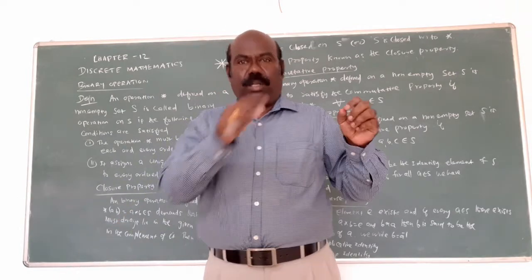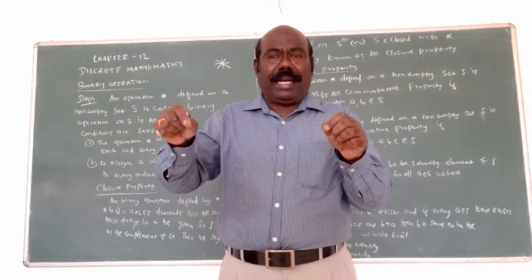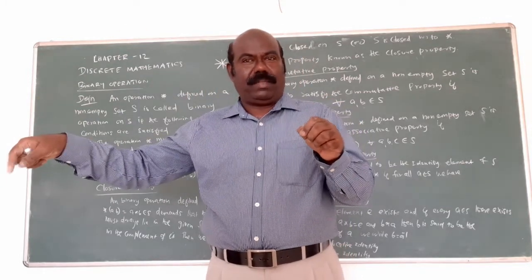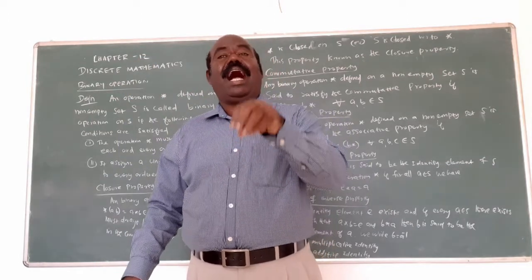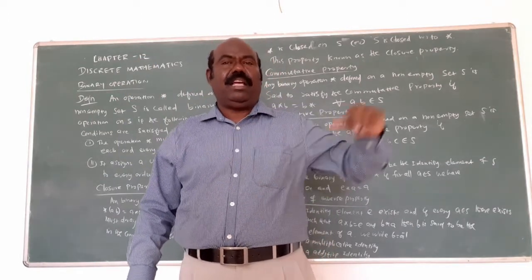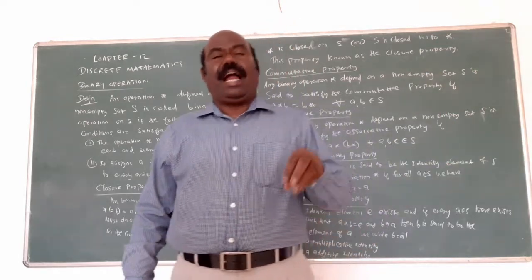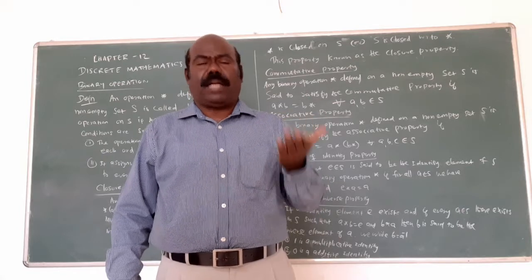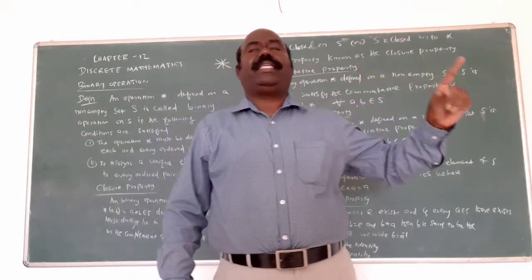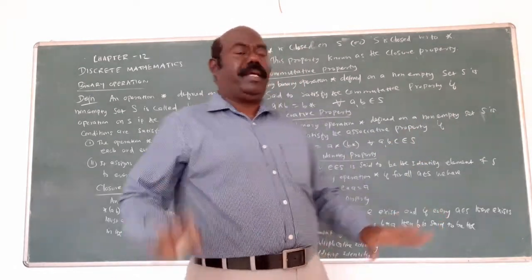Am I correct? 2 is there. You add some element and we get the same element 2. 2 plus 0 equals 2. But 0 is the additive identity, because previously we multiplied, that's why it was the multiplicative identity. Here it is addition, that's why additive identity. Usually, in ordinary multiplication, 1 is the identity element. In addition, 0 is the identity element.